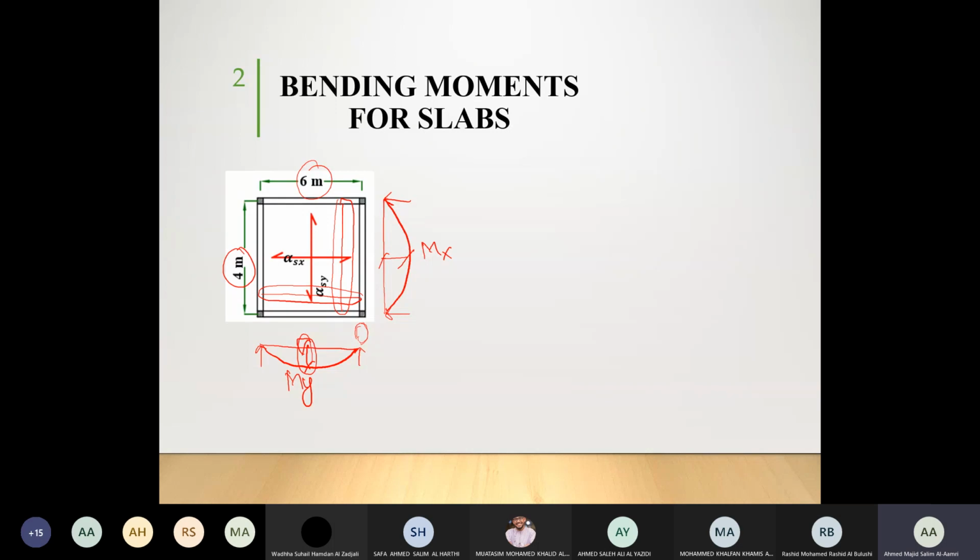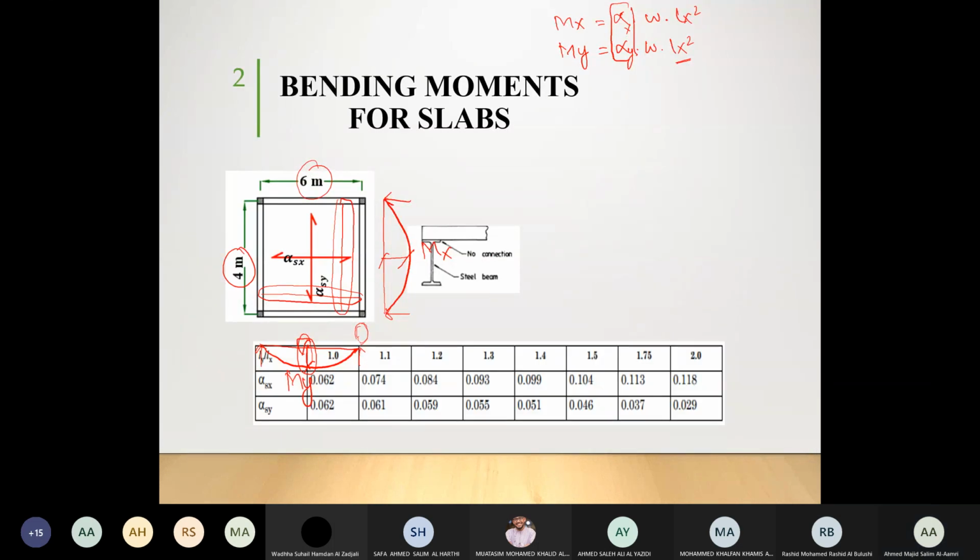Now, if you see here, we have mx, and then we have my. If we want to calculate this mx and this my, then first, as we said, we need alpha, which is the coefficient in this scenario, multiplied by w lx square. Lx square is always going to be there. Okay. Now we need to get these two coefficients. One is for x and one is for y. How to find them? We are going to use the table. Now, if you see the table, okay,